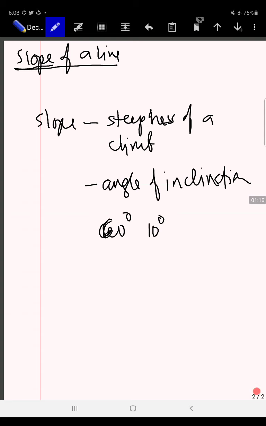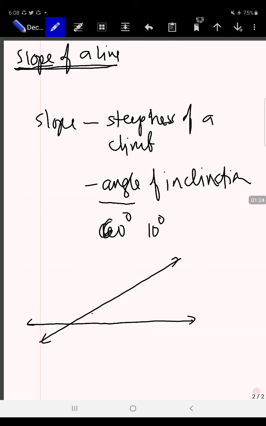So when we say slope of a line, we mean the angle of inclination of that line. Meaning, if this is the line, by angle of inclination, we mean the angle with respect to the horizontal, like that. So, if we are to consider a line drawn on the xy plane,